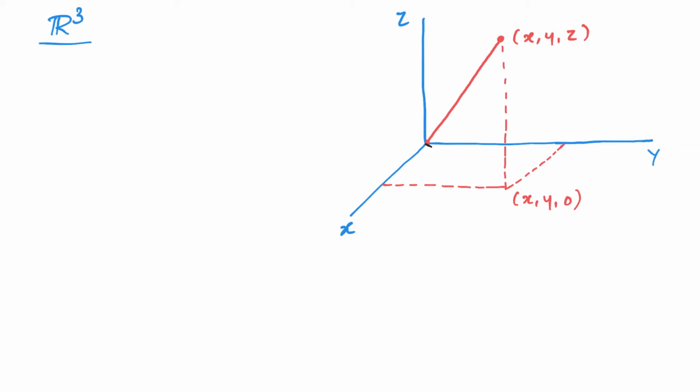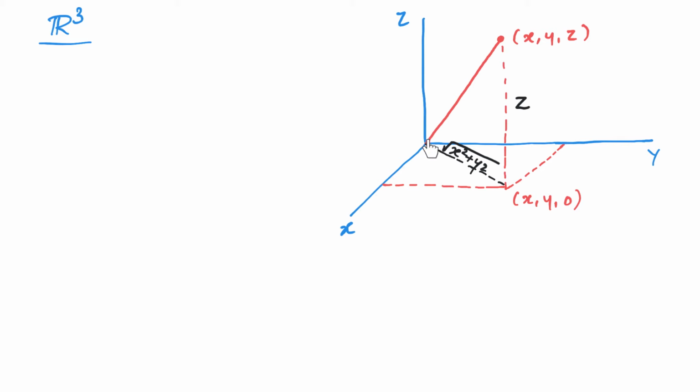Notice that if you draw this line, then this line is perpendicular to this line. Why? Because this line is perpendicular to the entire xy plane and this line lies on the xy plane. So, if we first apply Pythagoras theorem to this right angle triangle, then you get that this length is equal to square root of x square plus y square. Further, we also know that the length of this side is equal to z.